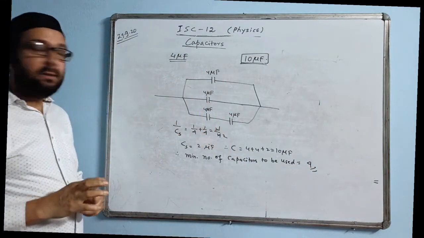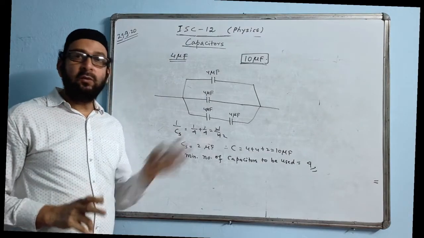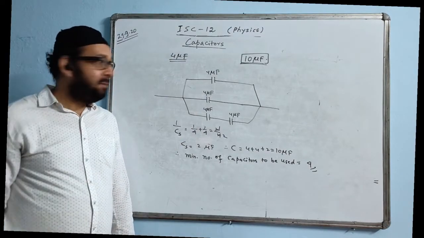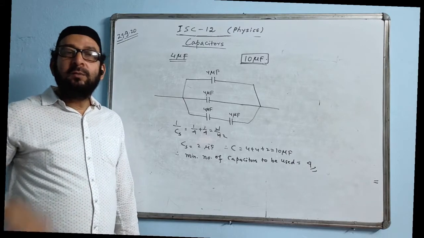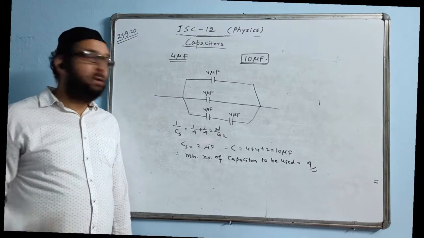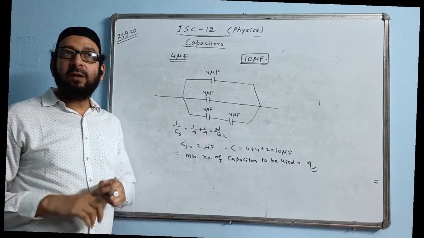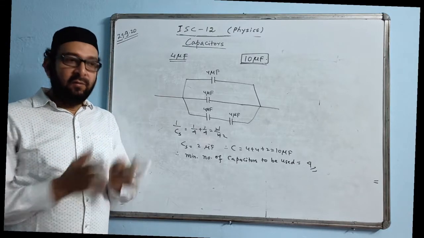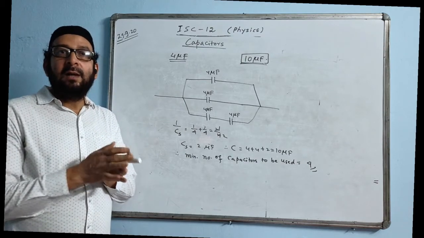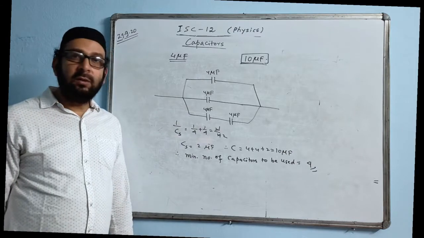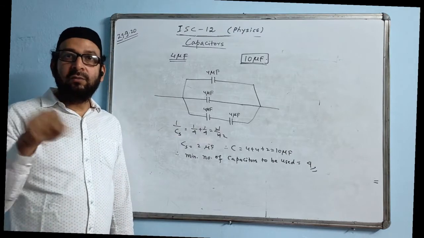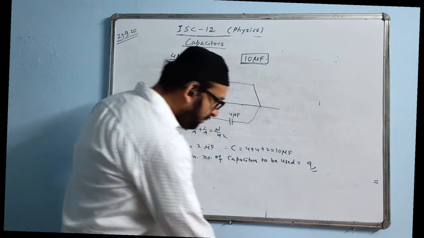This is also an ISC question from one year. Write this question down once for ISC. Now, another type of question you may get is to find the energy stored. The energy stored formula is equal to half CV square. We will find the total capacitance, square the V, and find the answer for energy stored. Energy stored is measured in joule. The unit will be joule. Those are the types of questions.